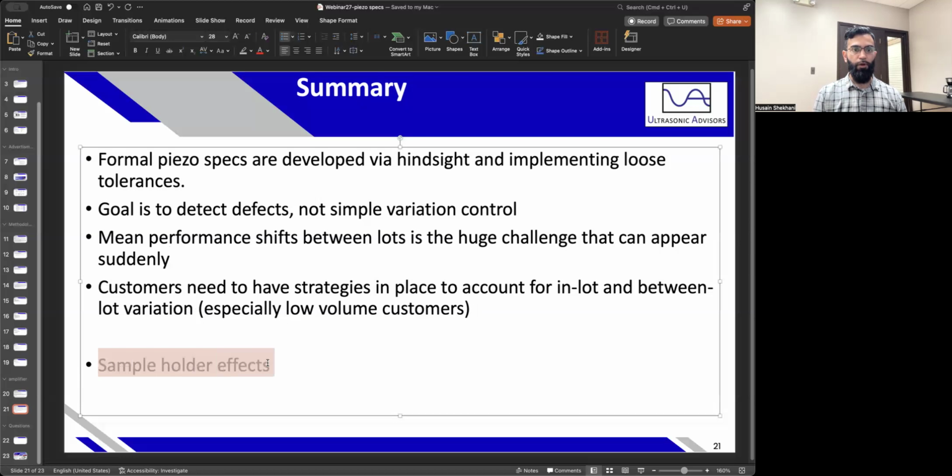customers. Also, understand that sample holder effects can really affect your measurements, which is why I'm a really big fan of capacitance, because it doesn't have many sample holder effects. But the differences in equipment between you and your manufacturer may disagree on the exact measurement values. So that's a challenge to navigate, but